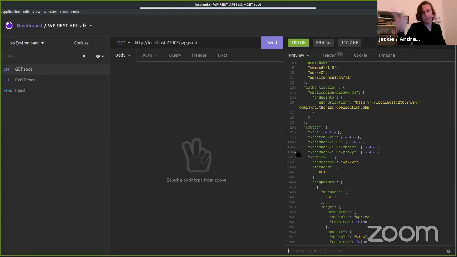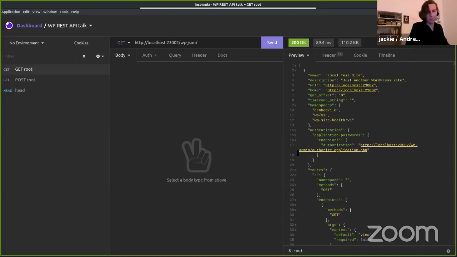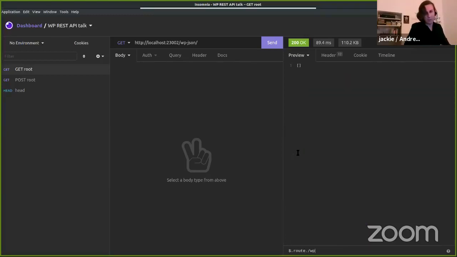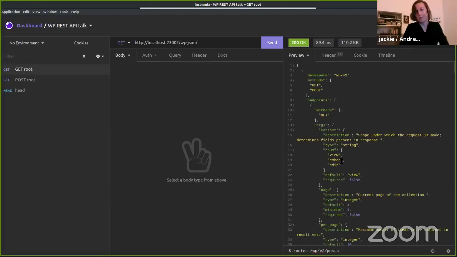I've seen in the Firefox before that the route is /wp/v2/posts. It's called routes. Sorry. So now I just have, from this root endpoint, I just filtered out this one endpoint because I want to know how the post's endpoint runs, or the post's route.